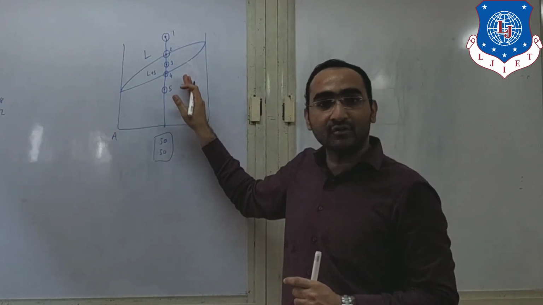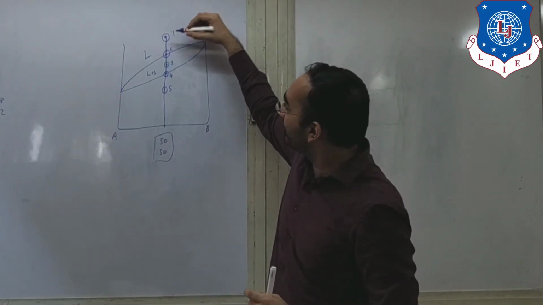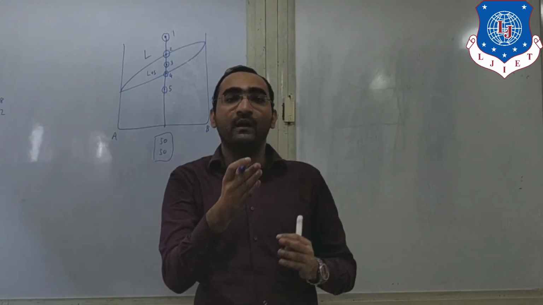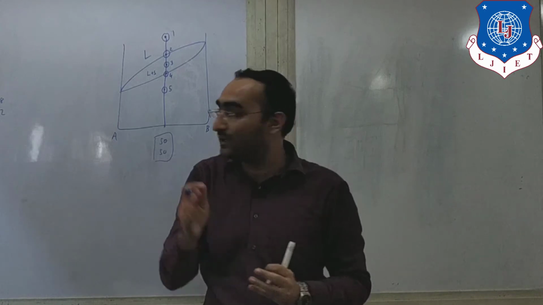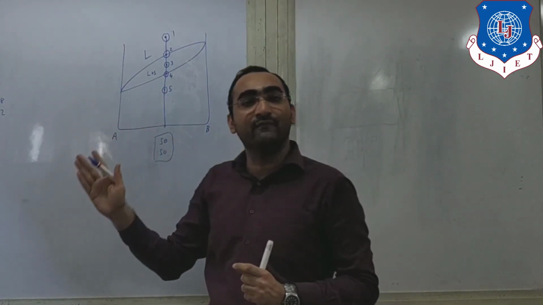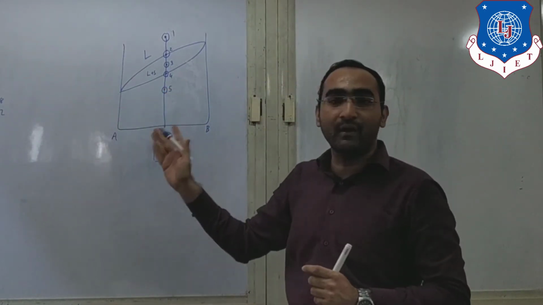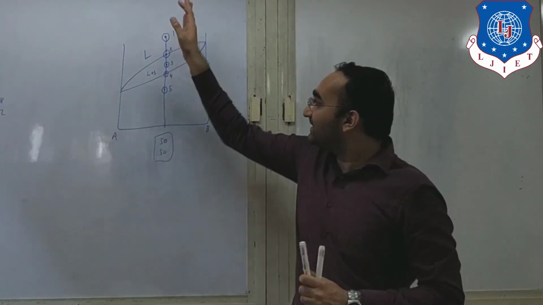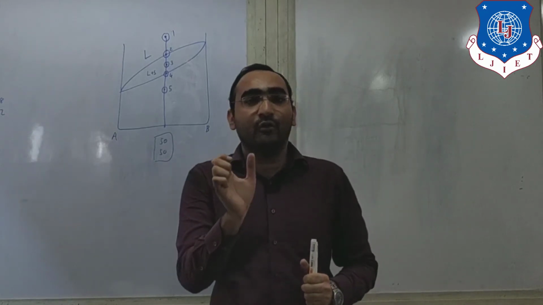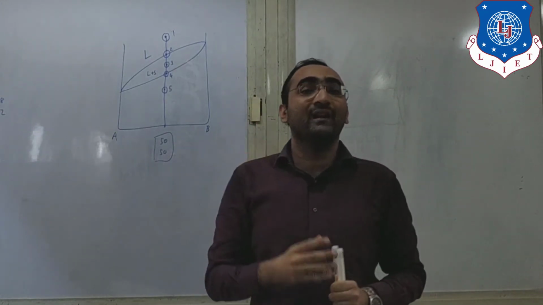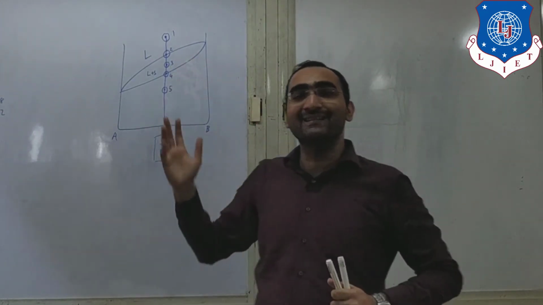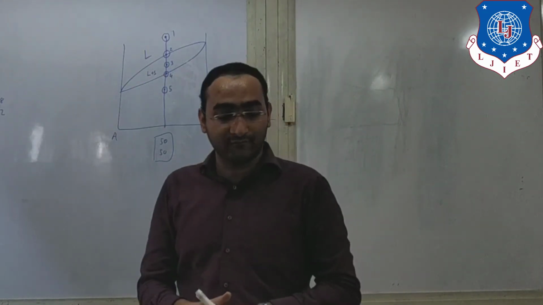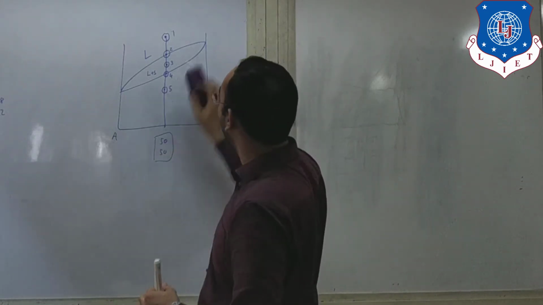So you can say, first point is liquid, at the second point the solidification starts, the third point occurs in the liquid plus solid region, the fourth point occurs where the solidification gets over, and the fifth point is the solid which we are getting. Clear? So these are the different changes of the phases occurring during the solidification of a binary alloy. Clear? So this was about binary alloy phase changes.